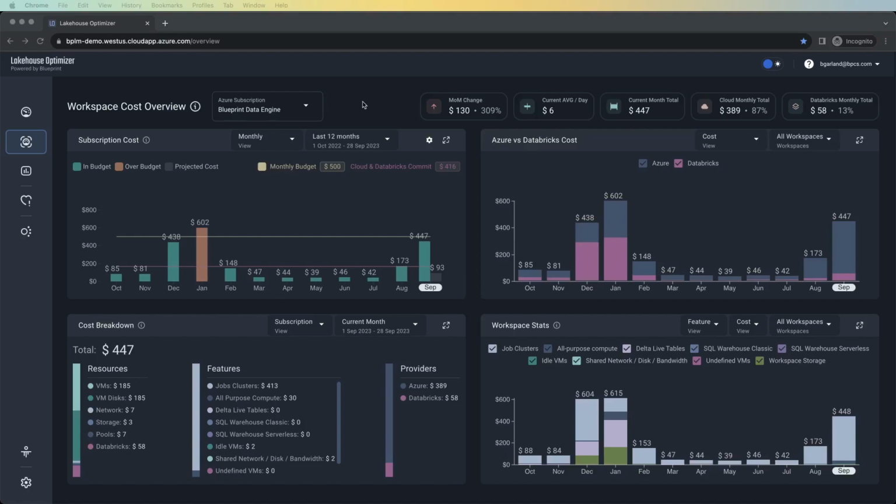Reading left to right and top to bottom, each widget gets progressively deeper as far as what data it is showing. The upper left shows overall cost and budget, and the lower left shows exactly what that cost breaks down into. In the top left, we can see our overall totals at a glance to serve as a foundation for